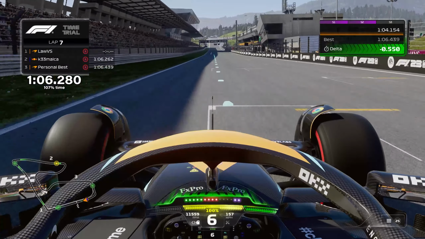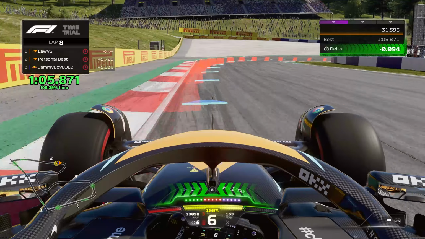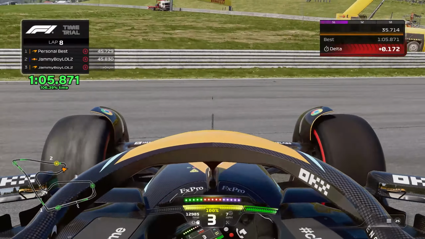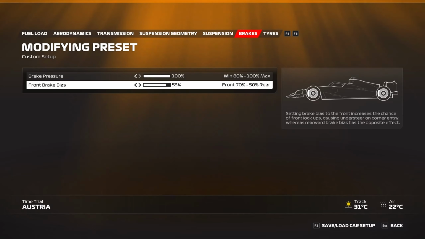Somehow I managed to hook that up quite nicely, and boom! 105.871. We've beaten the 107% time with a 106.3% time, and I do a little spin to celebrate. There we go. But I decided to tweak the setup here, reduce the roll bar, actually bring the brake bias